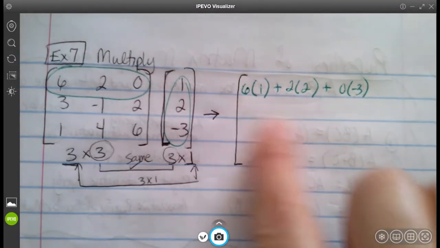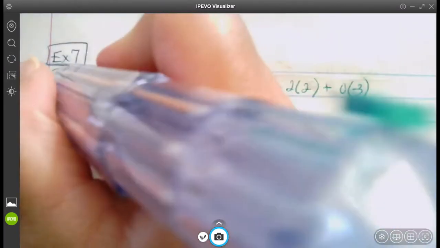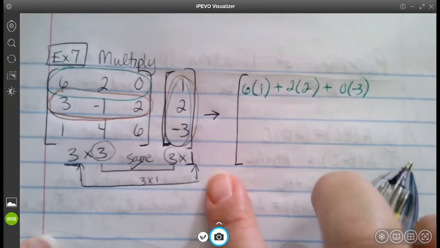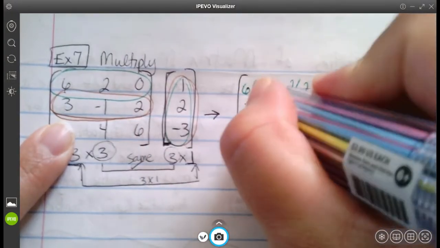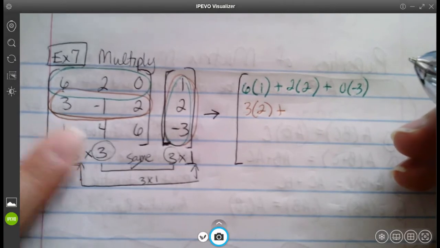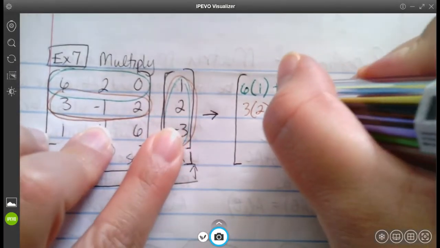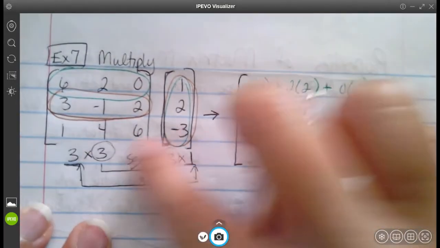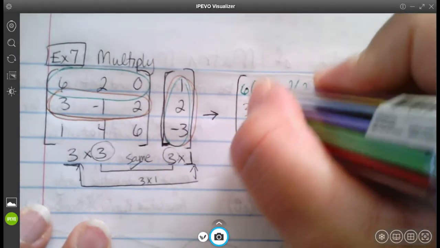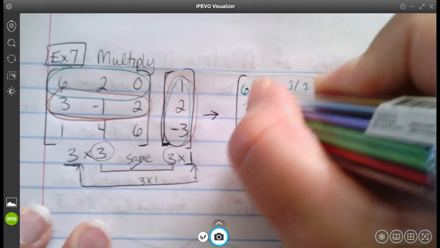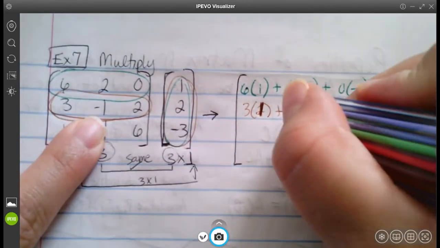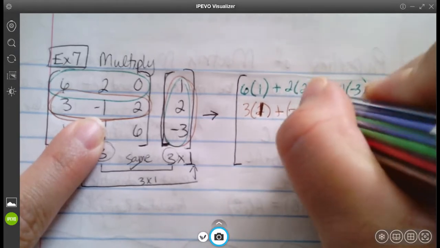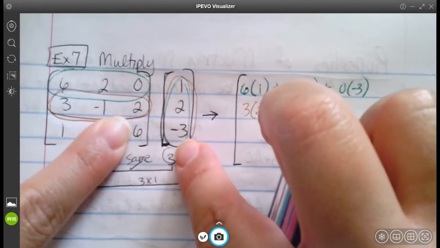We have our second row here. So second row, but it's still column 1, okay? So 3 times 2 plus -1 times, oh, did I mess up? Oh, you see what I mean? 3 times 1, that should be a 1. Just full of mistakes today, guys. So 3 times 1, -1 times 2, okay, 2 times -3,